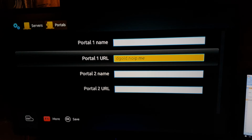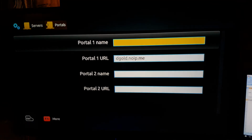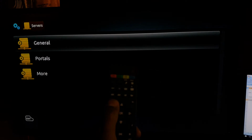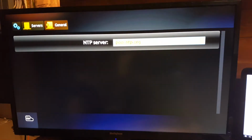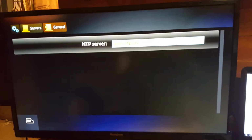on the remote and you're going to get a message, successfully saved. Once you do that, press the home button on the remote, which is located here, hit journal, and you have to enter an address called